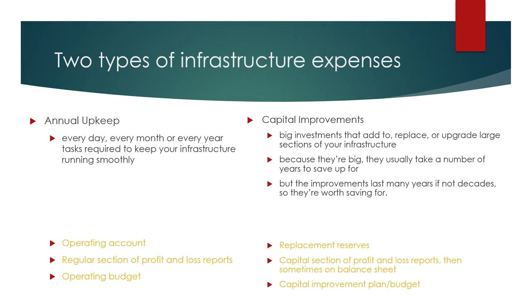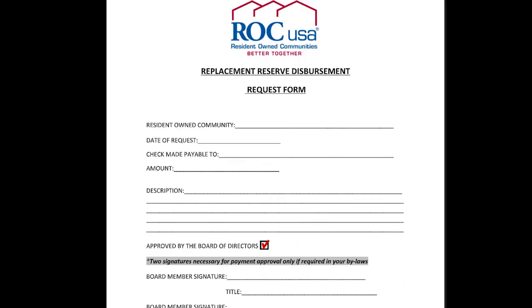You want to make sure that when it's time to start a big construction project, the money is safe and sound. Your replacement reserve account is usually overseen by your lender to make sure it's safe and used for needed capital expenses. You'll most likely have to fill out a form to use funds from this account to show that you're using resources for a capital project that has already been budgeted for, or to show that there's a strong need to do a capital project even if it wasn't budgeted.